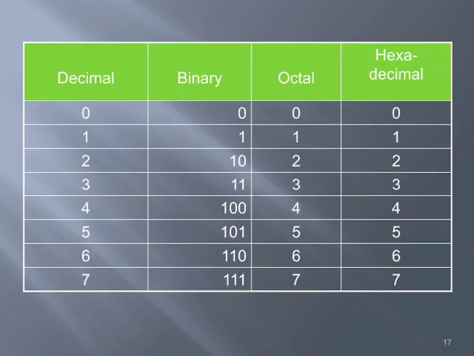And overall, including the previous session also, I am mentioning the equivalent decimal, binary, octal, and hexadecimal number system representations up to 20. So for decimal 0, it will be binary 0, octal 0 and hexadecimal 0. For decimal 1, it will be binary 1, octal 1, hexadecimal 1. For decimal 2, binary will be 10 and octal 2, hexadecimal 2. And for decimal 3, it will be binary 11, octal 3, hexadecimal 3, and for 4 the binary will be 100, octal and hexadecimal will be the same,